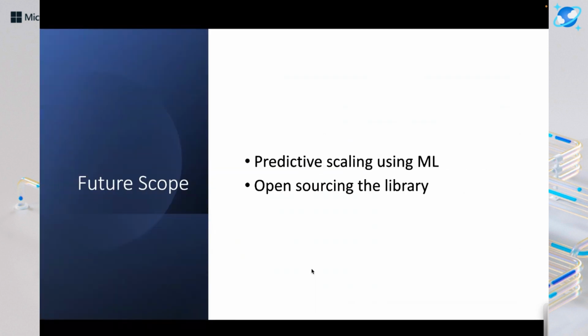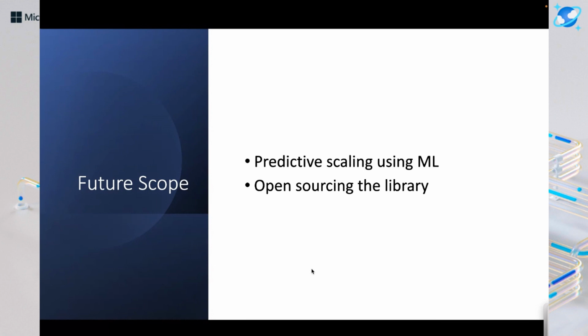Now that we've looked at all the solutions, what is the future scope for the custom autoscaler that we have built? One is that we are operating so far in a reactive way. If some throttling happens, based on that we will increase the RUs, or if the usage is less, we'll decrease the RUs. We are also doing it preemptively only in cases where some bad job is running. However, the whole thing can be made predictive using ML. That is one of the future scopes: we can analyze the pattern of traffic, and then based on that we can apply ML to proactively provision the RUs instead of doing it reactively.